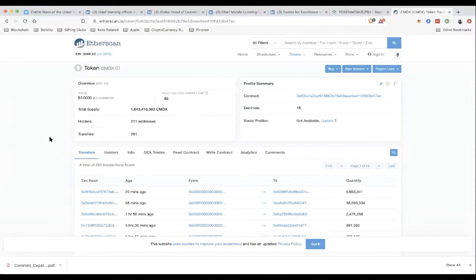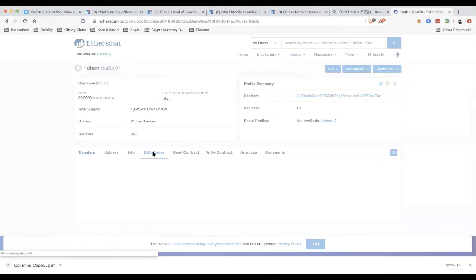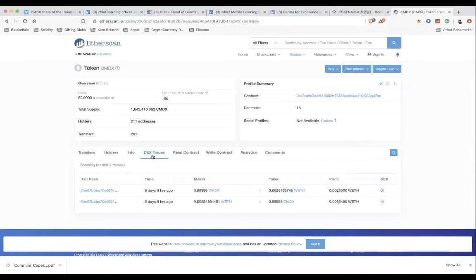Now before I go off this page, I want to show you this is where the trade will show up. It's called DEX trades. DEX stands for decentralized exchanges, for those who don't know. And we've already tested this once. It did work. So now we're going to go ahead and prove it out to make sure that it can actually be done